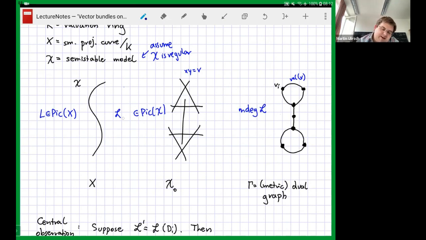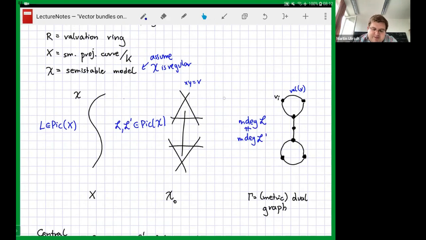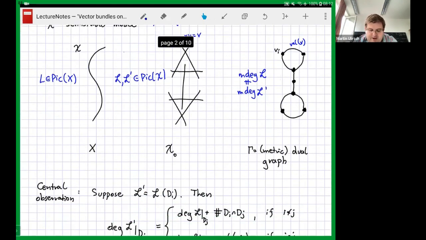Okay, now there's some ambiguity in this definition. Namely, you could take a different extension, because the universal relative Jacobian is not separated. So you have different limits in this context, and you could take one of these and end up getting a different multi-degree, and those two are in general not the same. Okay. But in order to understand what happens, we can assume that we are in a special situation, namely